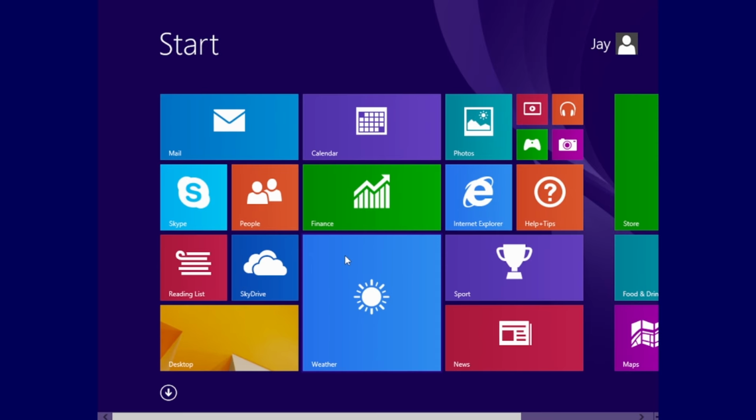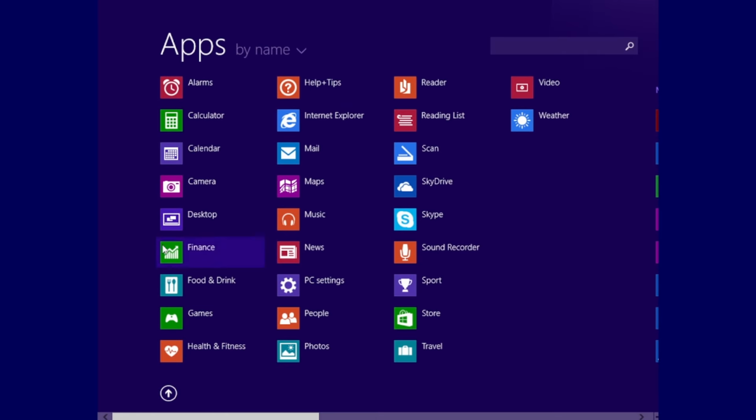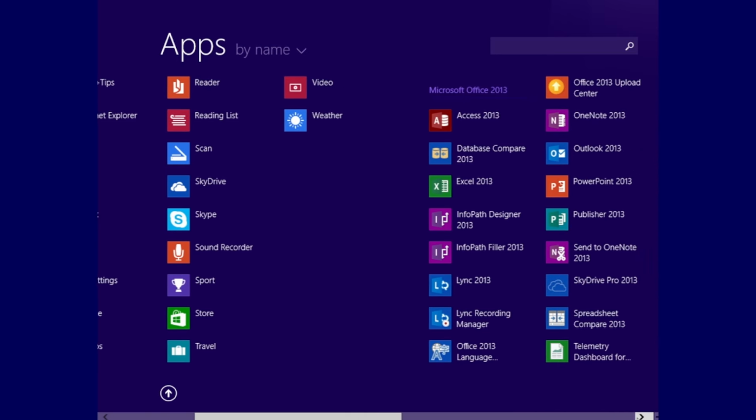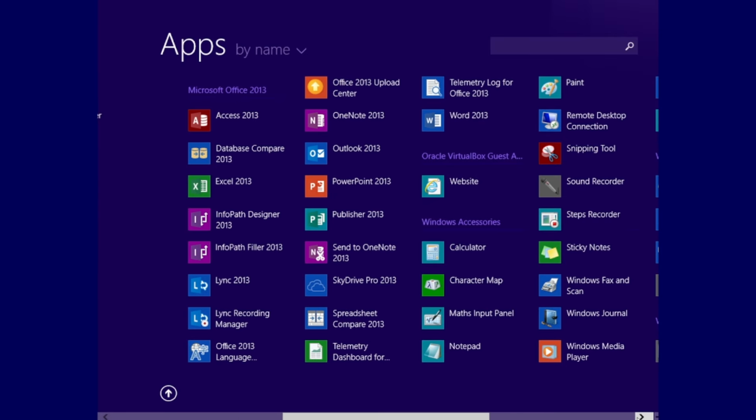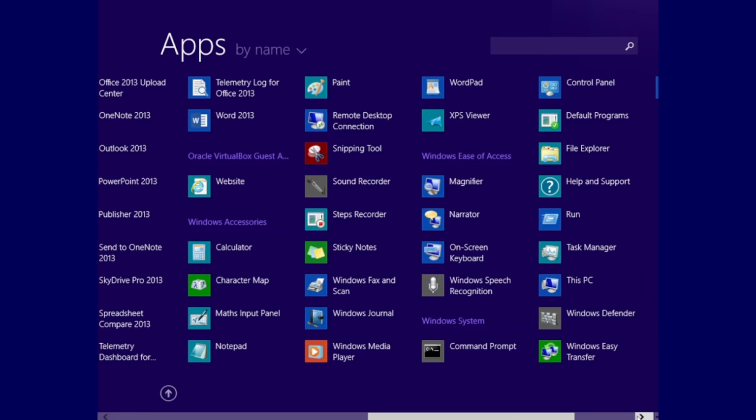So what did you do if you wanted to open any regular apps? You see this down arrow, click on it, and there you go. You have access to all of your Metro apps. But then if you keep scrolling, you have access to all of your desktop apps.